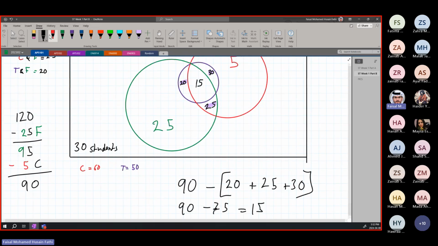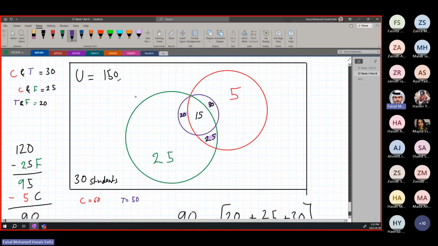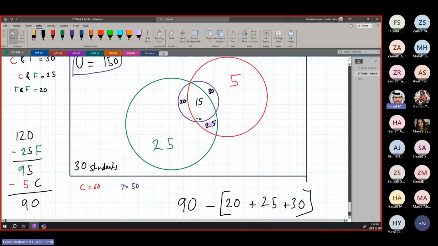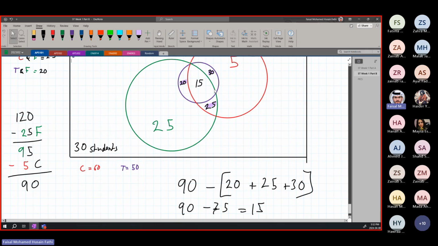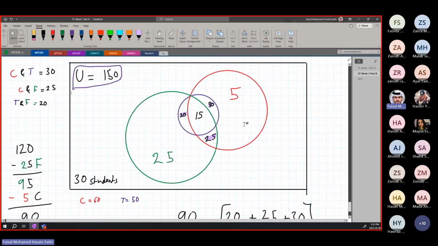How did we get this 15? We took 5, not from this. We took 5 actually from the main one because we already calculated the edges 20, 30, and 25 from earlier. But we need to make sure that all of this adds up to 150. This is the point that I'm trying to make. So we know that there's 15 students that have the same common sport, which is all 3 sports. We have 25, 30, and 20 that have shared sports, 25 and 5 in a single sport, and 30 students that like no sports. When you add up all these numbers, it has to be equal to 150.